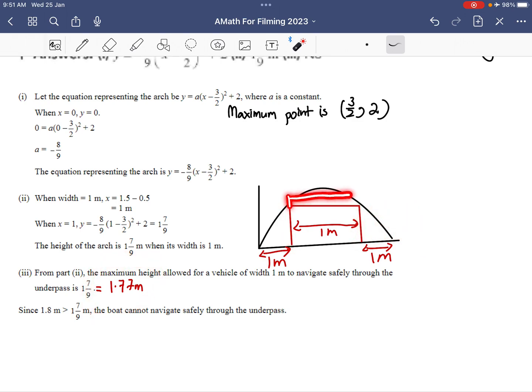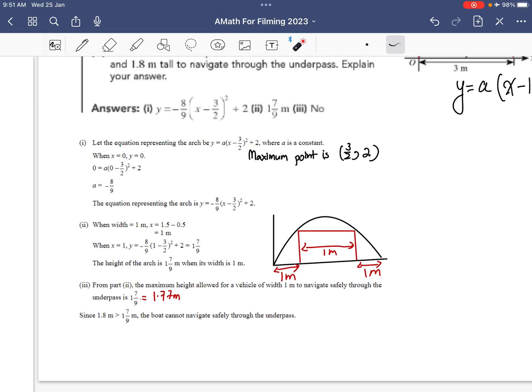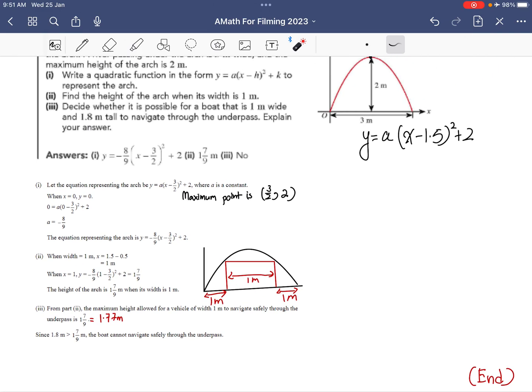However, the boat will be slightly bigger than the arch itself, because you see that the width of the boat is 1 meter, but the height of the boat is 1.8 meters. So in this case, since 1.8 is greater than 1 and 7 over 9, the boat cannot navigate safely through the underpass, so it will crash into the arch itself. So no, this boat cannot pass safely through the underpass. Okay, and this concludes